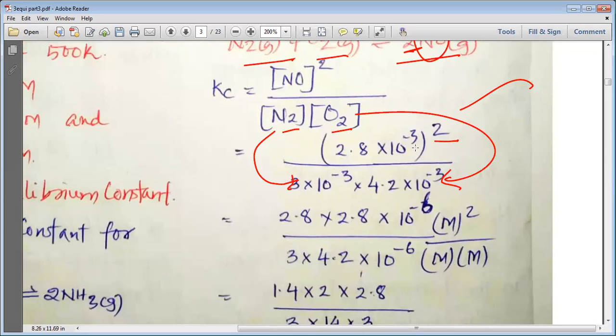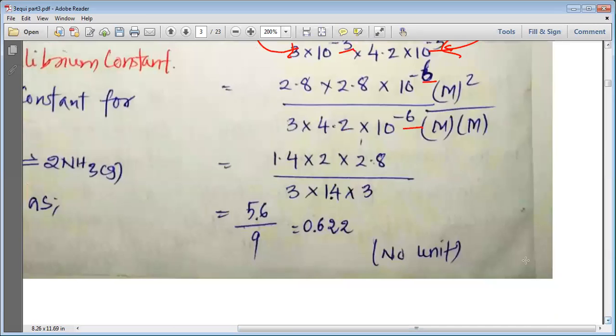So by doing this simplification, minus 3 into 2 gives us minus 6. This minus 3 plus minus 3 will also give us minus 6. And my dear students, for 2.8 we can write 1.4 multiplied by 2. In the same way, 3 and 4.2 is 1.4 multiplied by 3. So by cancelling 1.4 and 1.4 and 3 with 0.8, we can find 5.6 divided by 9,